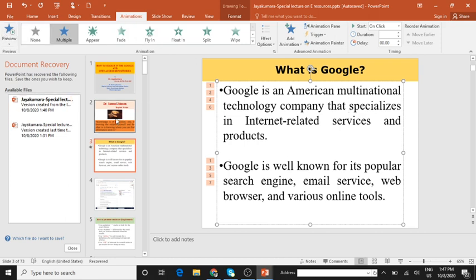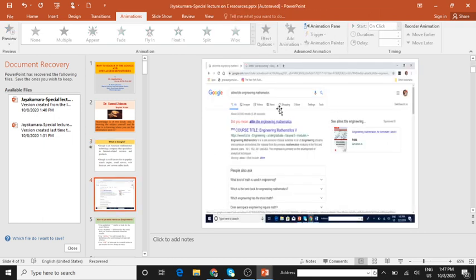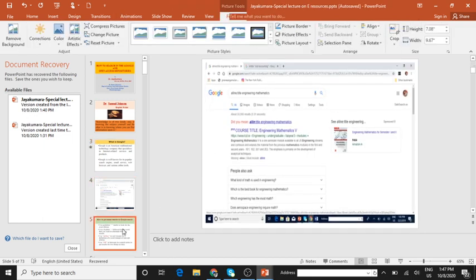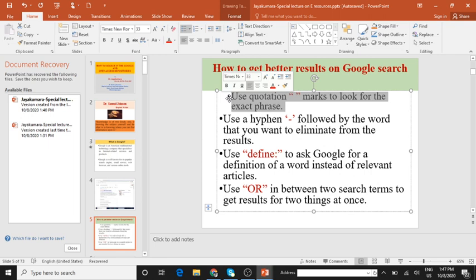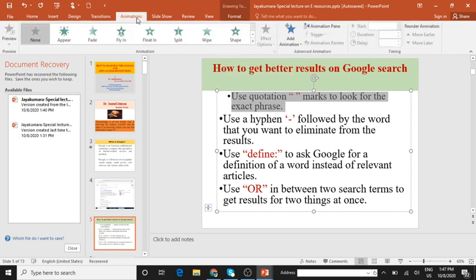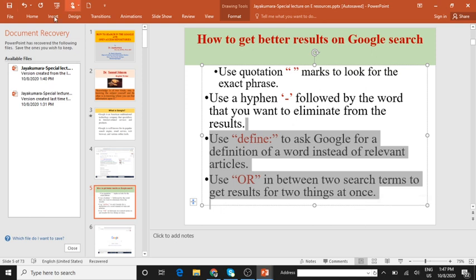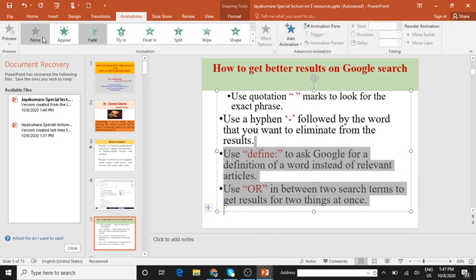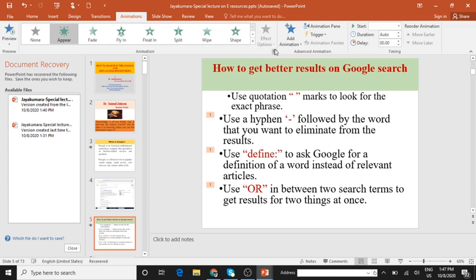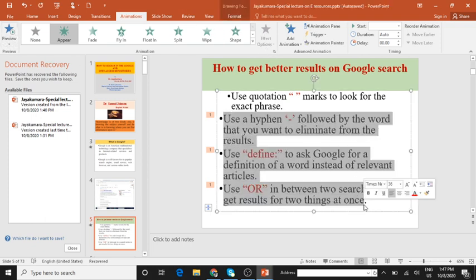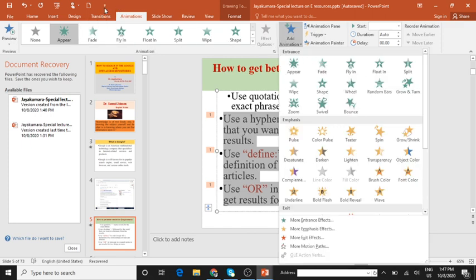Select it. Let me show with this slide also. No, this is an image slide. You can use this. Okay. Then click on animation. Select. Okay. Click on animation, Appear. Select the object. Add animation. Okay, float in. I'll just click on float in. Any of the things you can give.